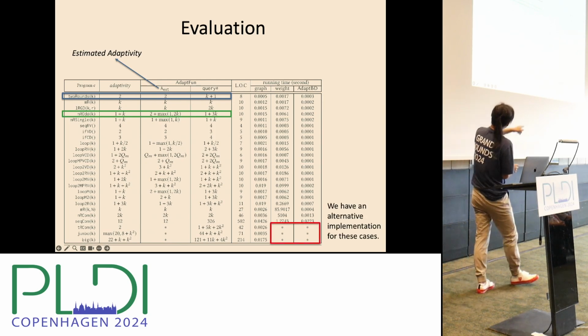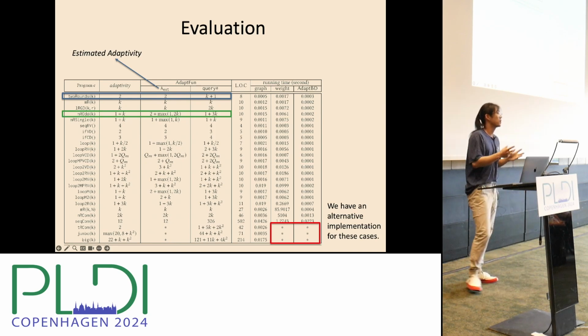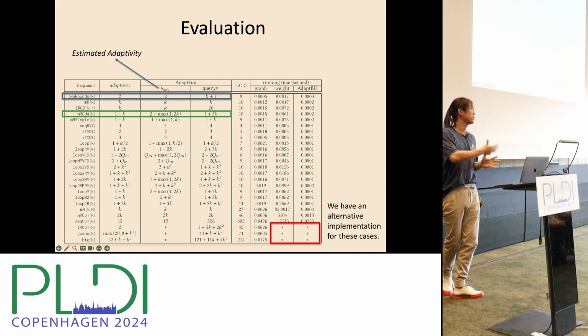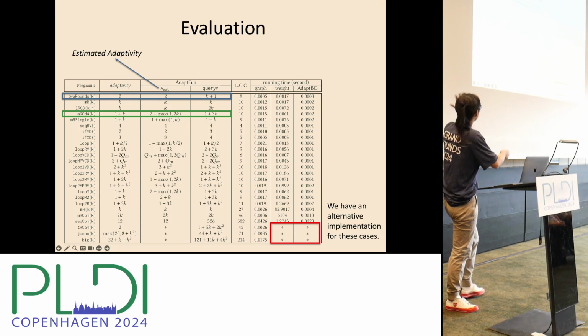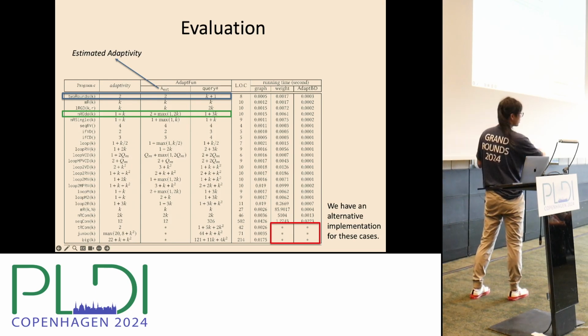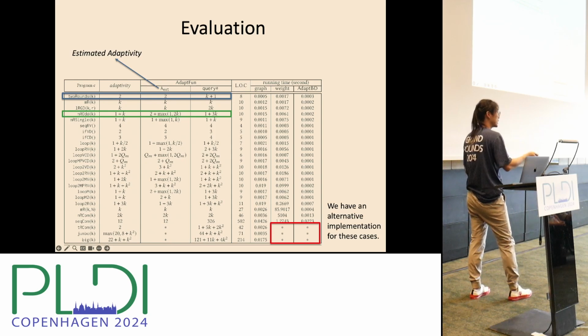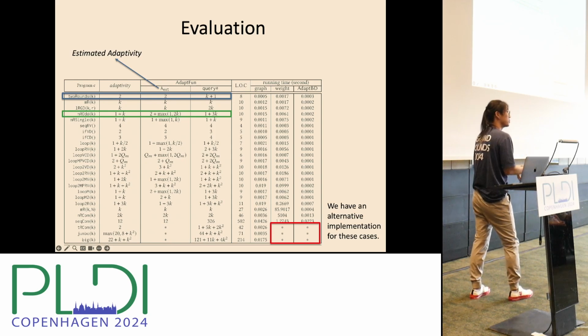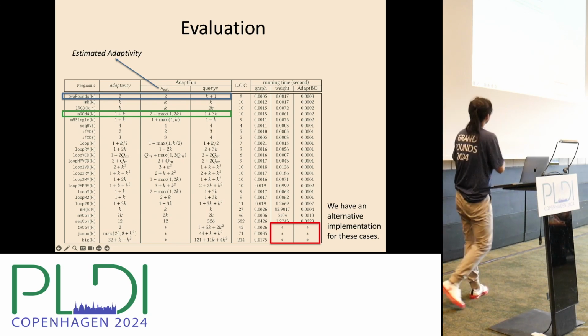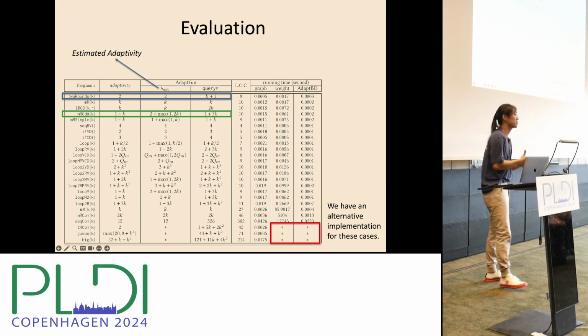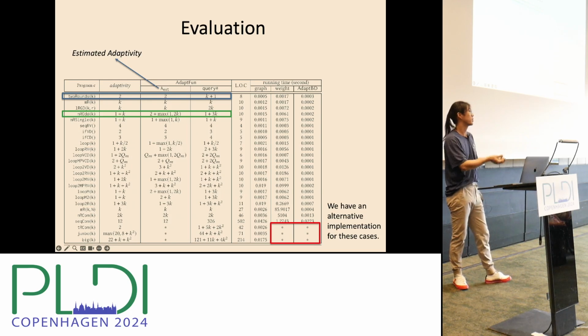Also, if you look at this red box, we have some stars here. Star means it takes too long for us to get a result because of the performance bottleneck of the reachability bound analysis in calculating the weight when it sees complicated examples that contain multiple-level nested loops. To handle this, we also have alternative implementations for these examples that calculate the weight quickly but imprecisely.